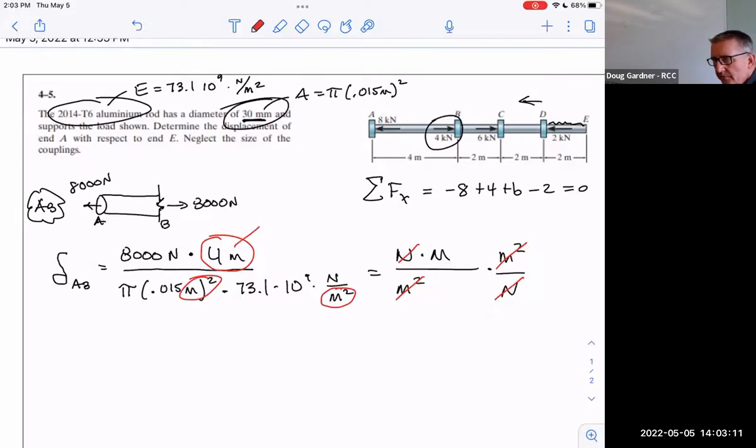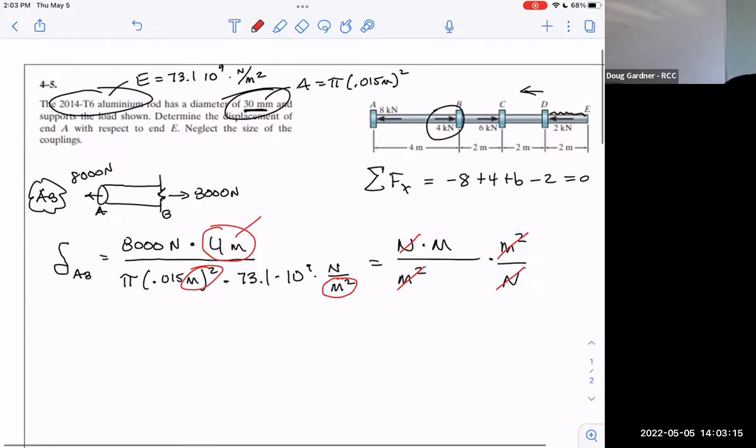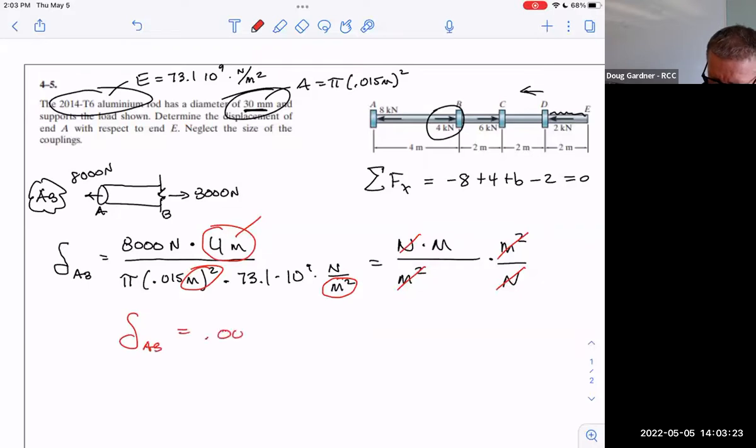So Doug, what did you get? Sorry. Anyway, if I punch all that in, I should get 0.0006193. I got 6193 times 10 to the negative 10, but I stayed in